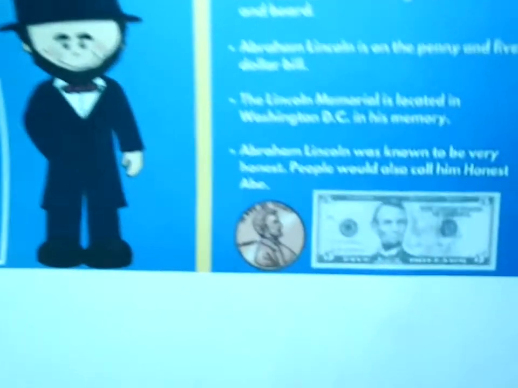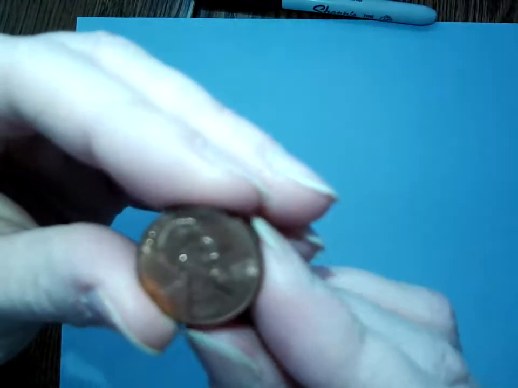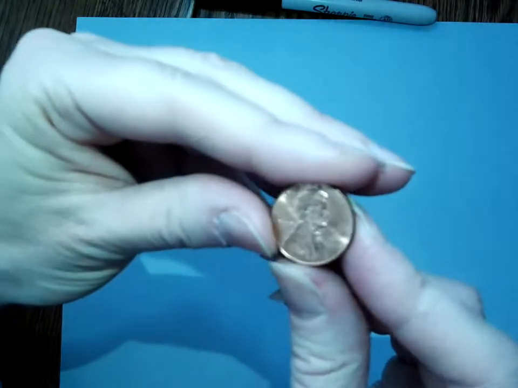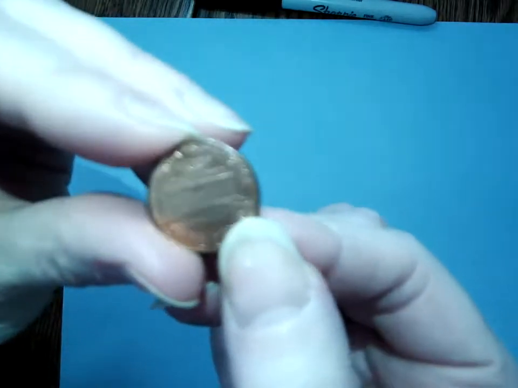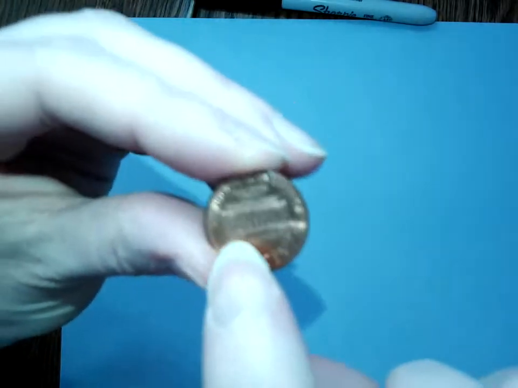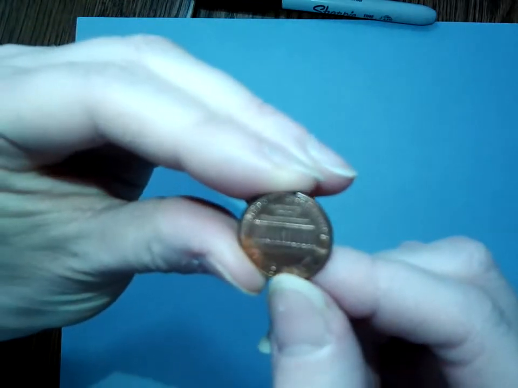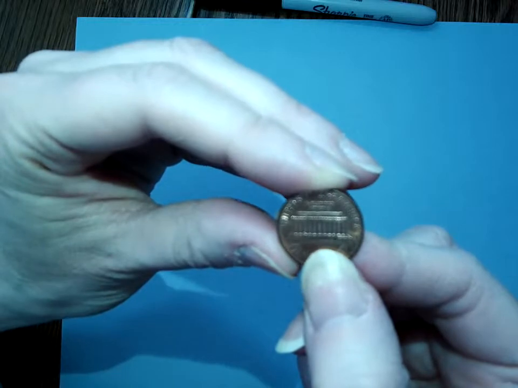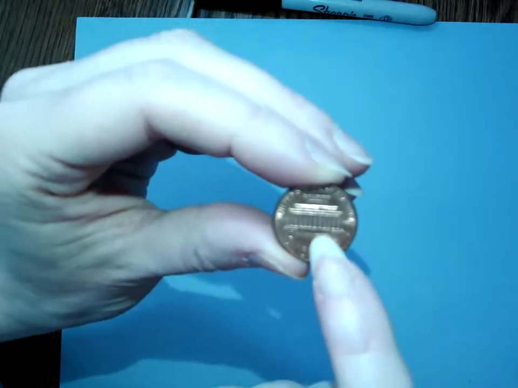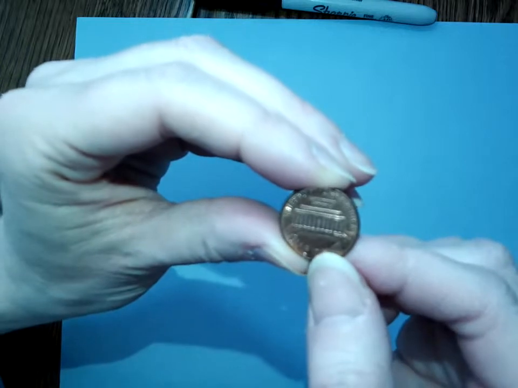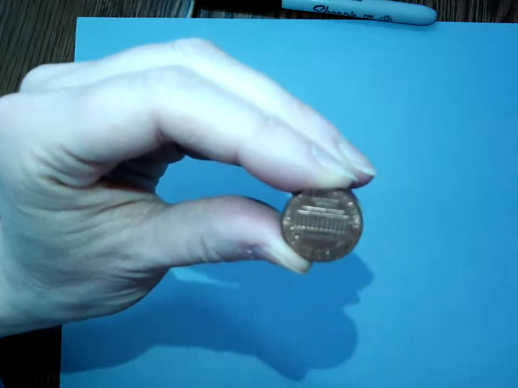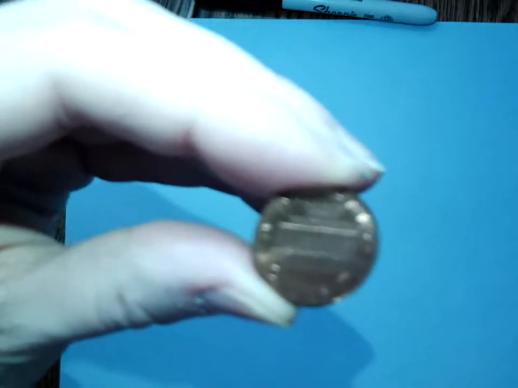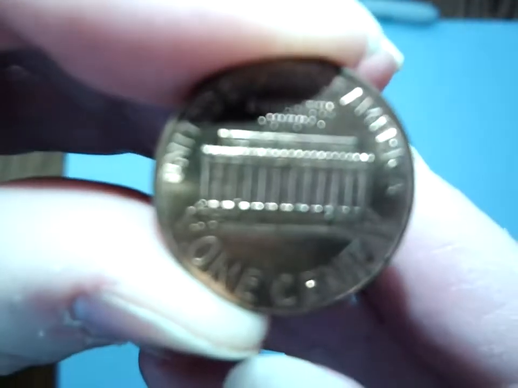And today we're going to do some experimenting with pennies. Maybe when you get out your penny, observe it closely and look at it. See if you can see Abraham Lincoln's picture on there. Okay? And if you notice on the back of the penny, there's this building. This is the Lincoln Memorial, which is a building located in Washington, D.C. to remember him. And inside of this building, there's a big statue of Abraham Lincoln. And I think if you look super, super closely, you might even be able to see it right there on the penny. You might have to look at it on your own. See what you